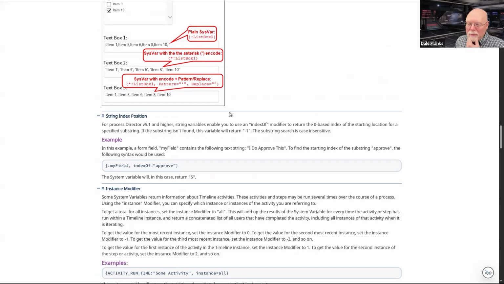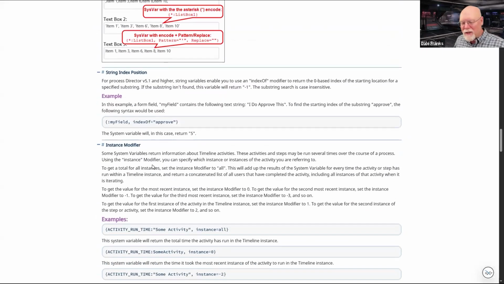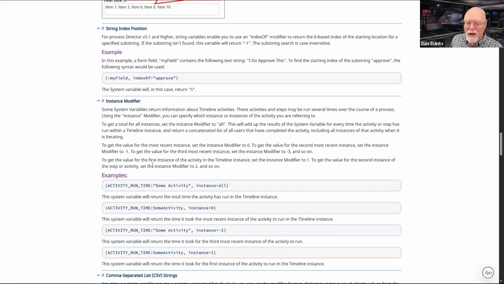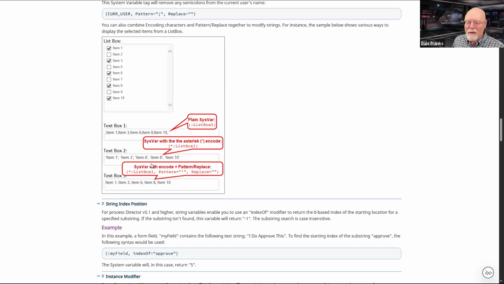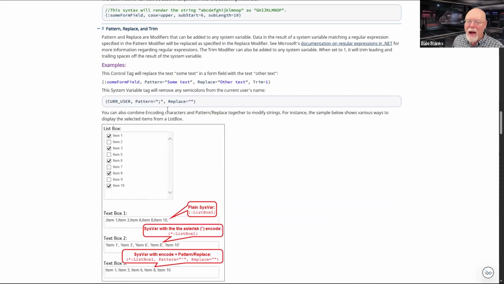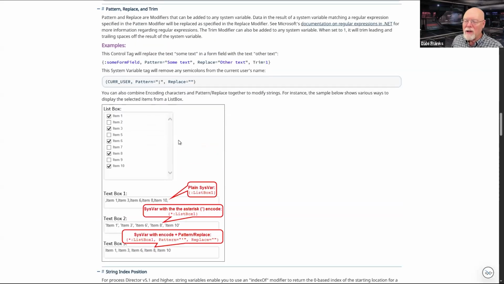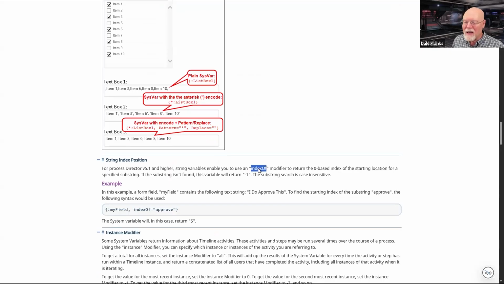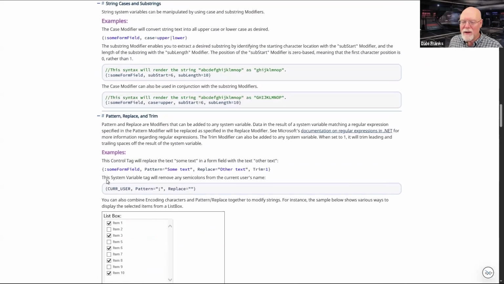I do have the ability to use the index of modifier and to do a substring. So I have the ability to do a lot of string manipulation, both with pattern and replace and using the index of modifier. I can actually go to each of those. I can find where each of those commas are, and I can pull back and do a pattern and replace. So that works.